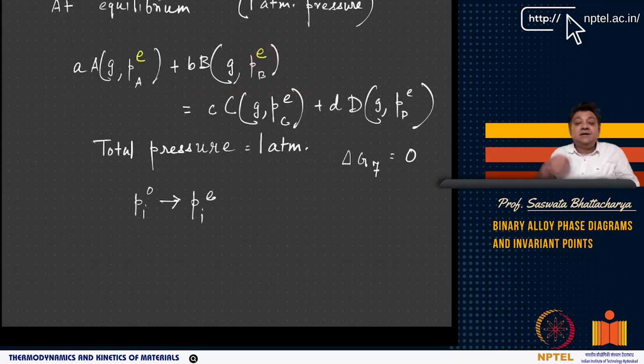E basically tells the equilibrium partial pressure when A and B are reacted together. So you have an AB mixture, where PAE is the partial pressure of A in the vapor phase at equilibrium, and at equilibrium with the entire mixture of A and B. Now see, basically total pressure is 1 atmosphere. Now as you can see, for each component I, there is a change in pressure from PI naught to PIE, right? From PI naught to PIE.